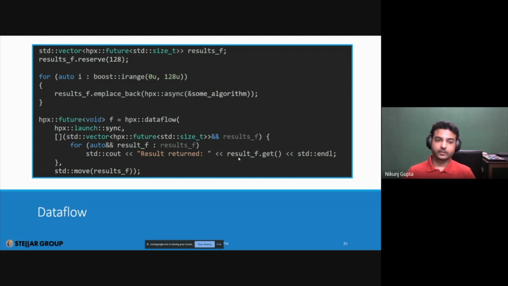So we launch it synchronously, and we simply return all of those results that we received. And that's how simple a dataflow API looks like. And over here, you may realize that we are moving the results, and that's because dataflow takes in an rvalue reference. So if you want an rvalue reference, you need to move your results, or move the vector to the dataflow.